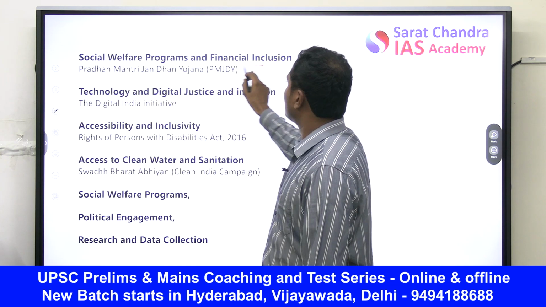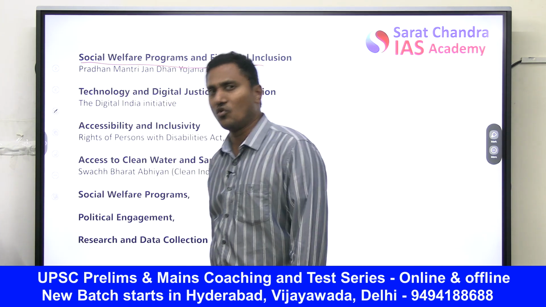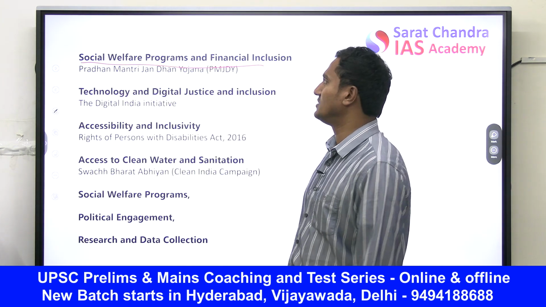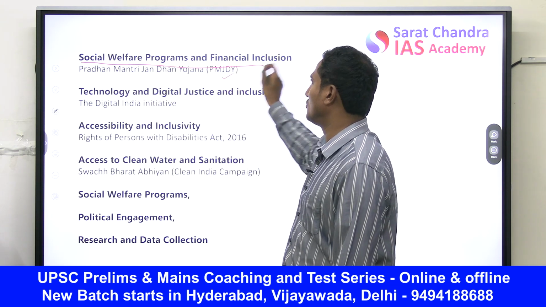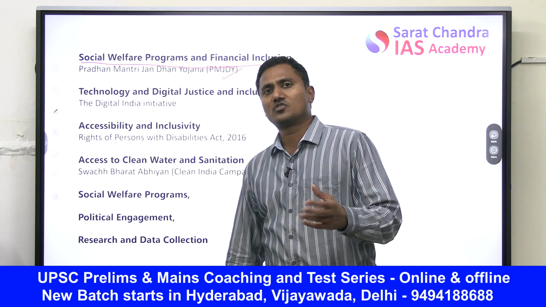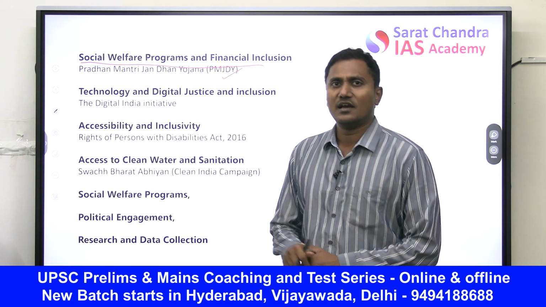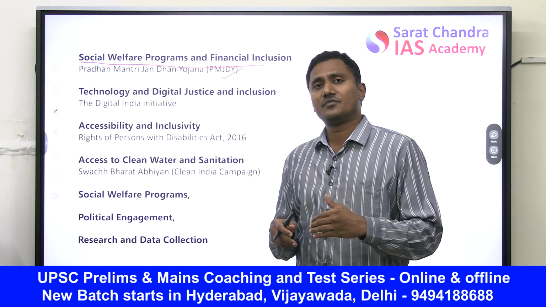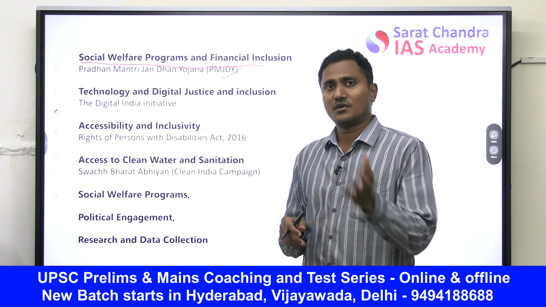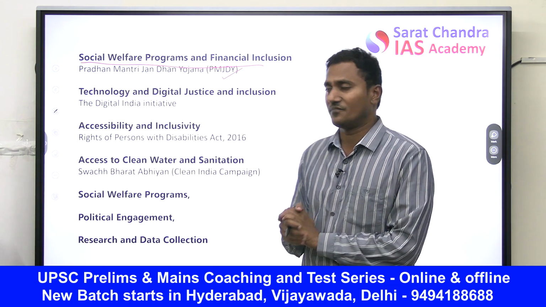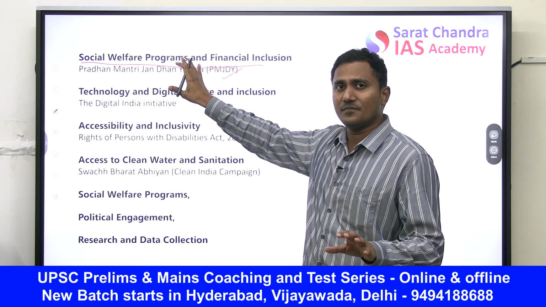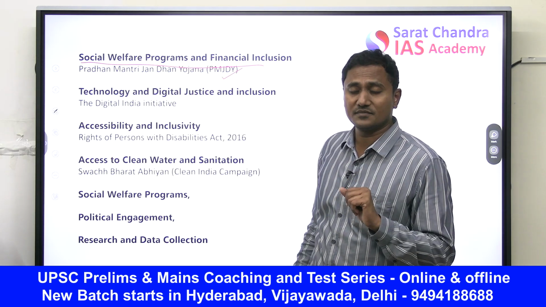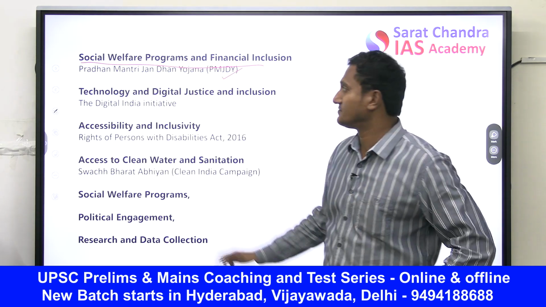You can write several social welfare programs that you know of that the Government of India is implementing. Here I mentioned Pradhan Mantri Jan Dhan Yojana, because of which most of them have access to insurance and they have bank accounts. Along with the bank account, they get several financial services and they become part of financial inclusion, which actually reduces their dependency on the charitable organizations.